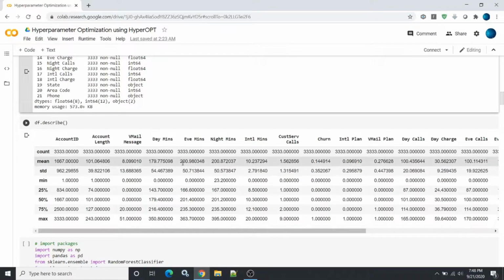In the evening, the customer talks more than the day minutes, about 200 minutes, just above 3 hours. Then the night minutes and evening minutes are almost the same, again just above 3 hours, which is nothing but about 200 minutes. Then for international minutes, on average customers use about 10 minutes.